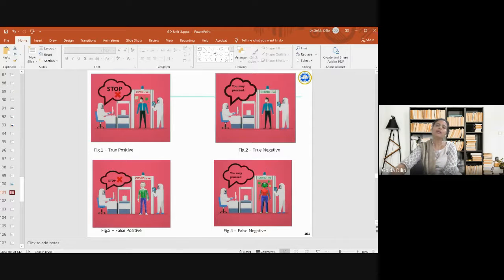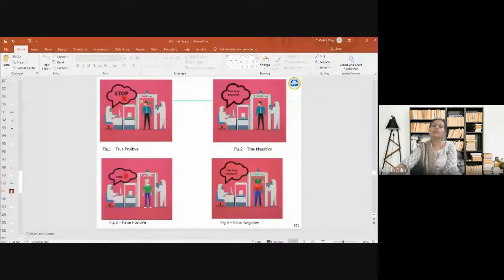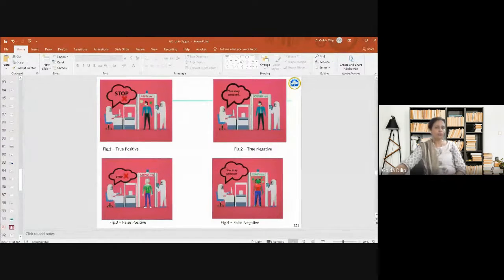I'm trying to make the concept interesting with the help of a case study, rather than just giving you definitions. So you can see here, you have understood the scenario. My objective is classifying the passengers as COVID positive and negative, and let's have a confusion matrix which will give us a summary of the predicted results.